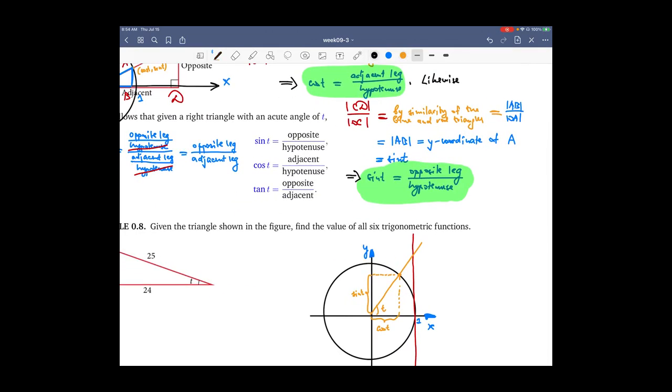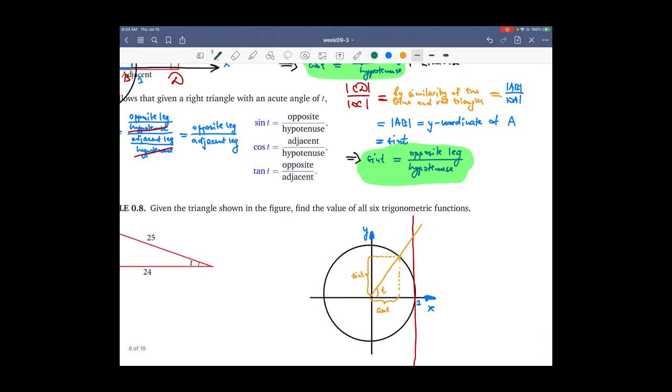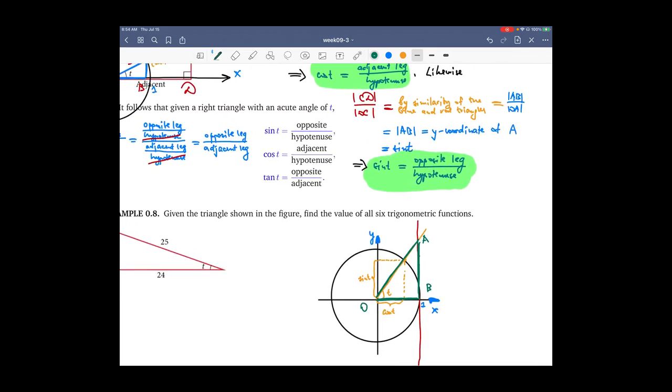Look at this green right triangle, OAB, let's call it. In this green right triangle,